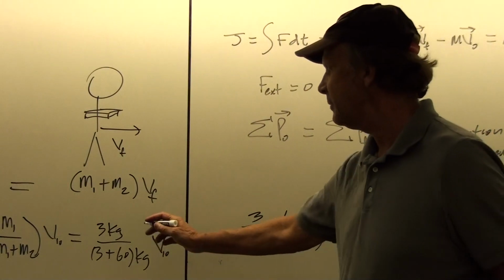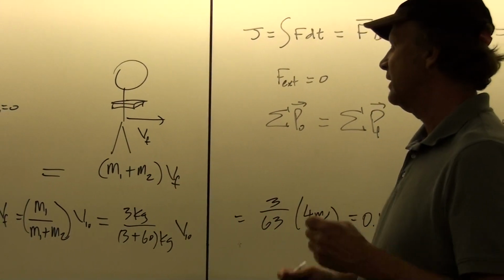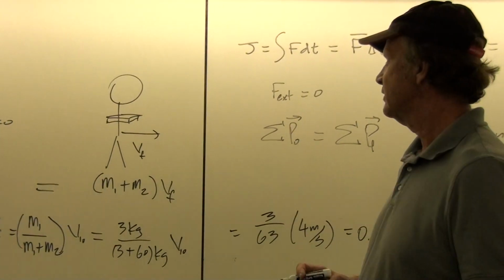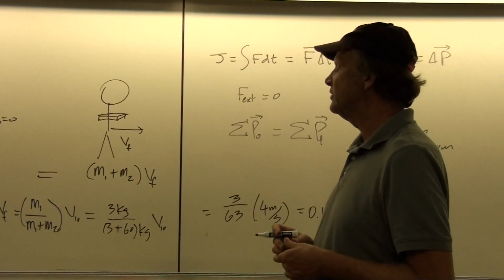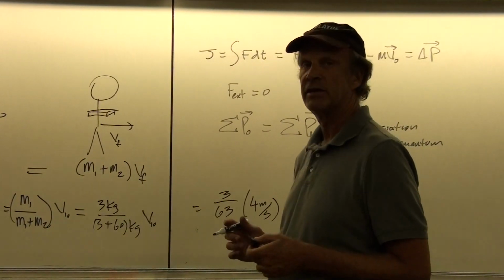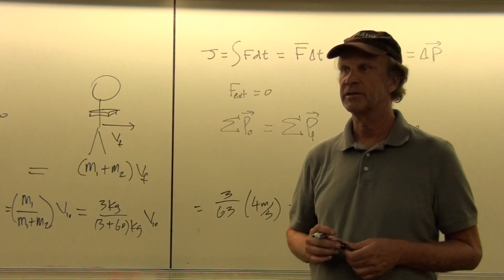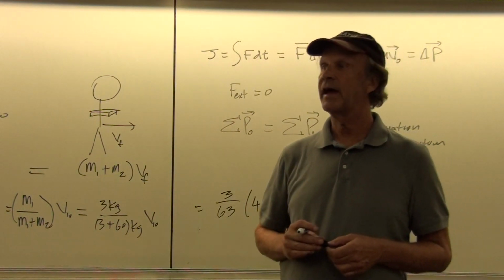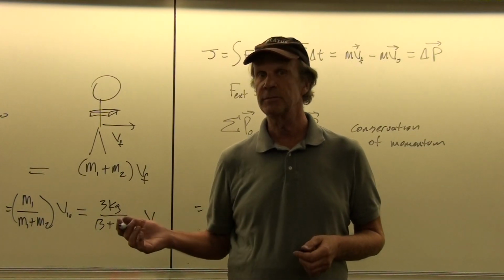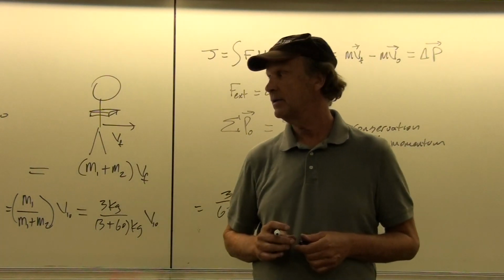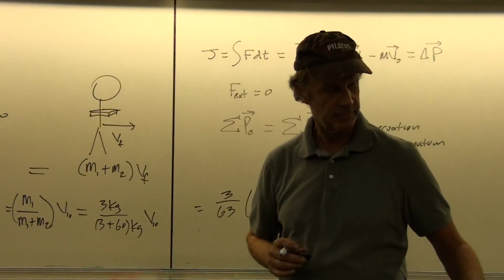We could find that by finding the final kinetic energy and the initial kinetic energy and subtracting them to get the difference in kinetic energy. But remember that the momentum equation works regardless of how much energy is lost. Even in that other example that we looked at, the ballistic pendulum, where we lost 99.9% of the energy, we still have the initial momentum equals the final momentum. And so that's the way to proceed in these kind of problems.